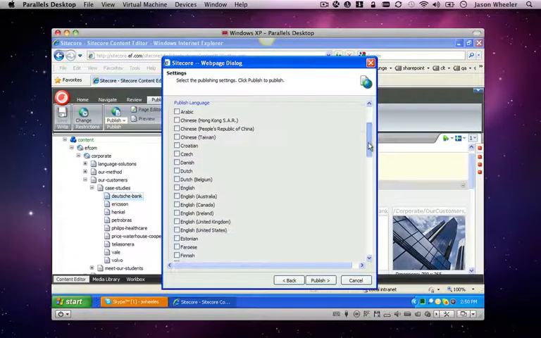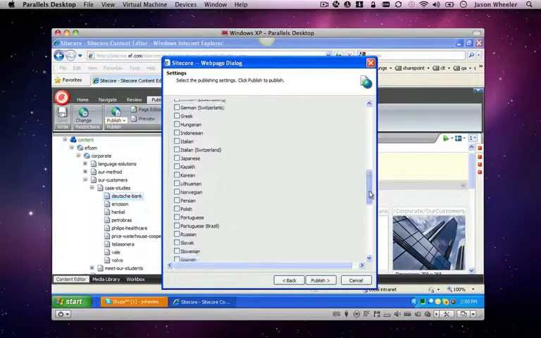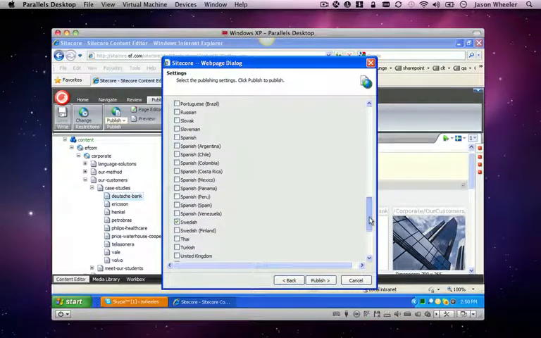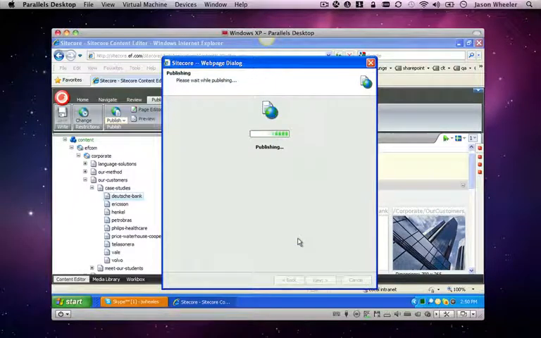Since we're only working with the Swedish language, we want to publish only the Swedish version. So we'll scroll down, make sure that Swedish is selected. And then finally, make sure that QA is selected as your publishing target. You always want to publish to QA first, check your work, and verify that it looks good before publishing to the live website. So we'll go ahead and click Publish,